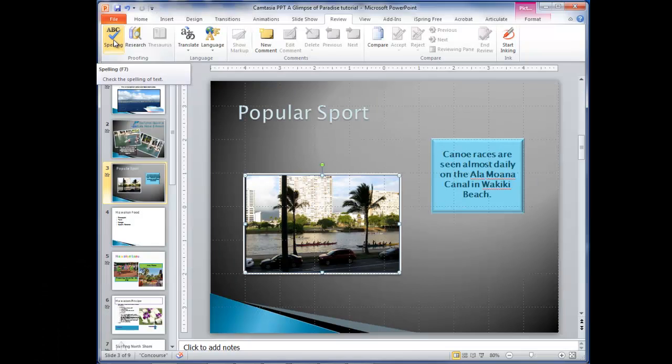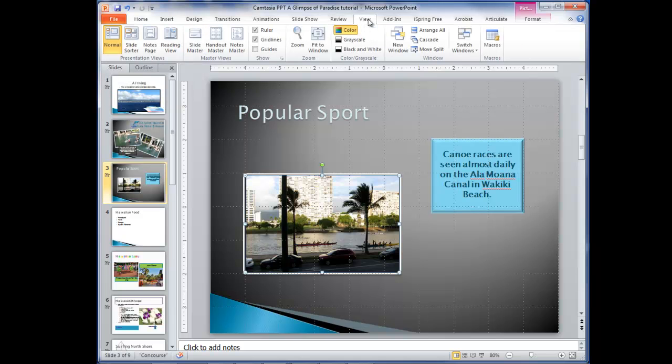The Review tab has some great features that allows us to proof or check our document with tools such as spell check that will check and make sure the words that we've used in our presentation are spelled correctly. There's also a research tool that provides a search through dictionaries and encyclopedias, as well as a translation and language option. Under the View tab, it allows us to view our presentation in different ways, from normal view as we're